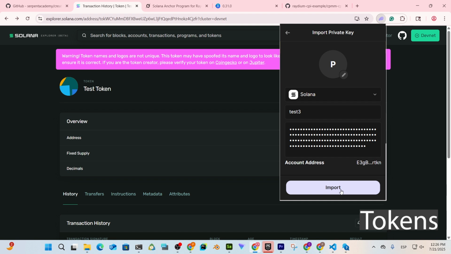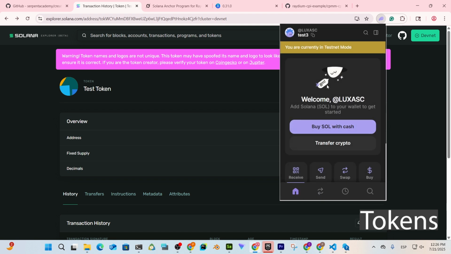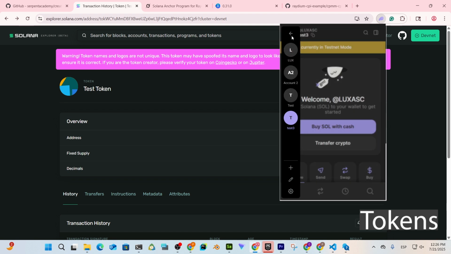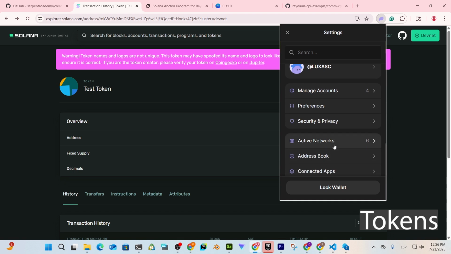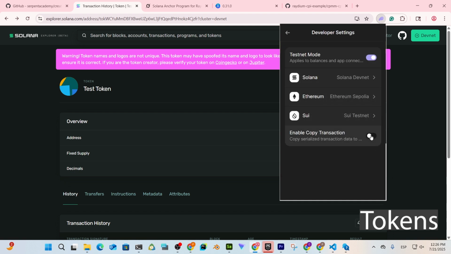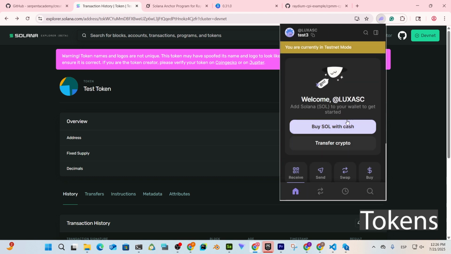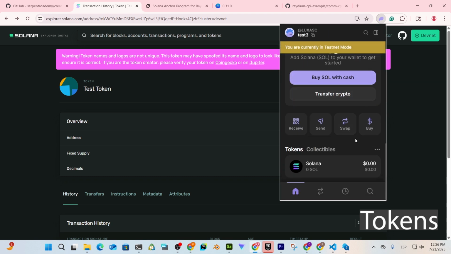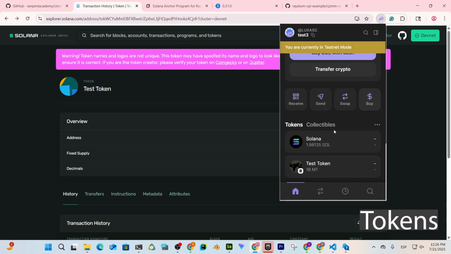You paste it here, import, and you need to go to settings, developer settings, and activate test mode. And here you can see the test token that we have created, and we have removed